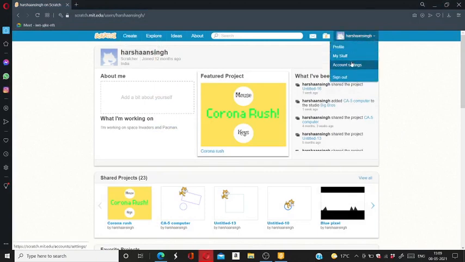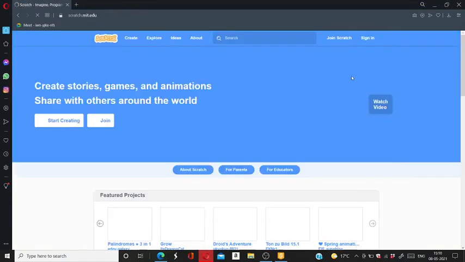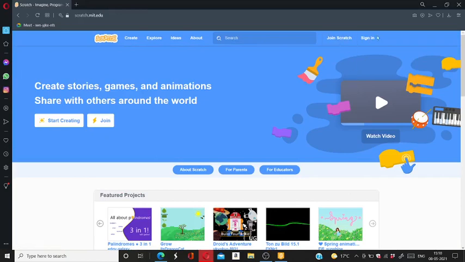Now how to make the account? Let me show you. Let me sign out of my account. Now, if you type scratch.mit.edu, you will get this. You can start creating, but if you want to make cloud variables, you have to join Scratch.